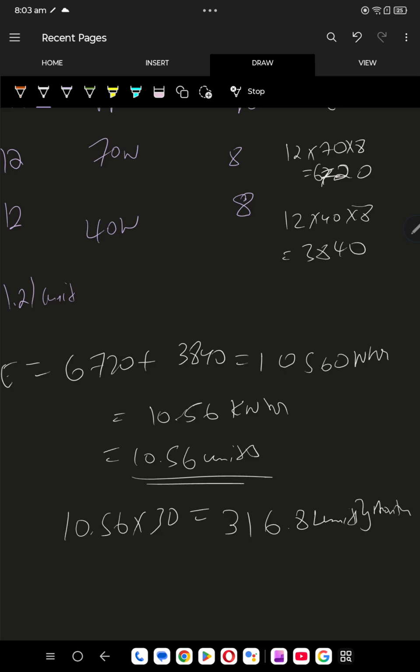Now cost, final monthly bill, we want 316.8 into 1.2. That is going to give us rupees 380.16. This is the monthly bill for this particular appliance which I have used. Okay, that's it. One last question before we wind up. I'm sure the concept is fully clear by now, but just for practice